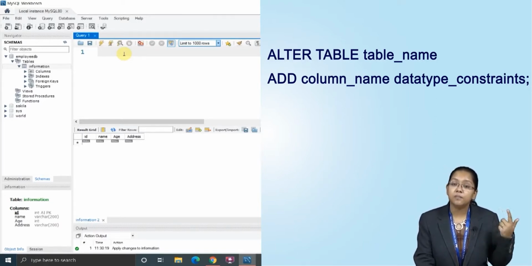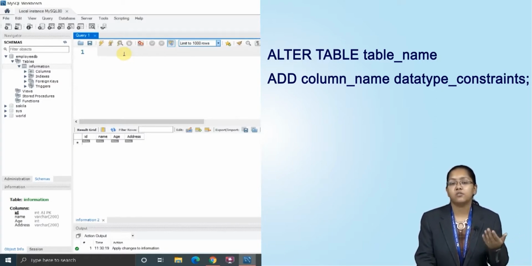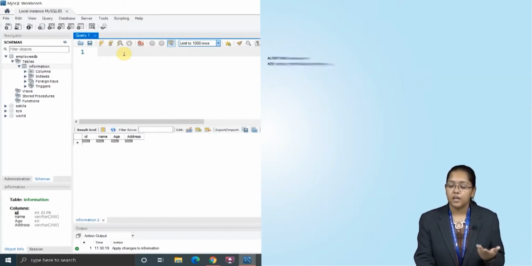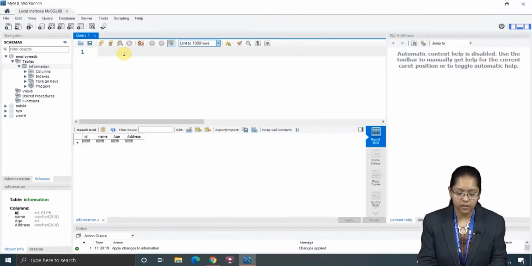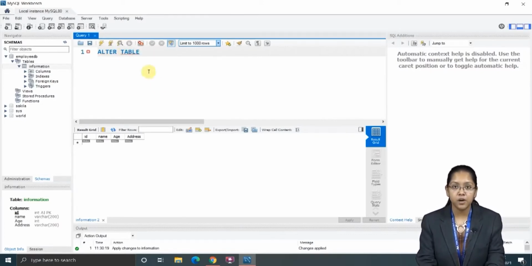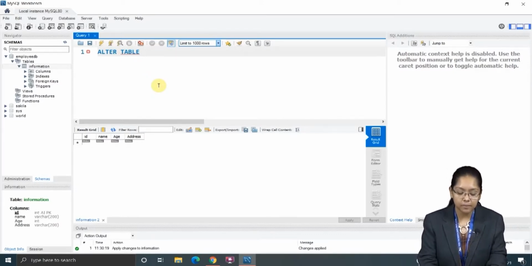And after this, because this is the complete statement, and after a complete statement what will it require? Semicolon. So this is the complete syntax of your alter table. Now let's see this. Here I will write ALTER, alter, then TABLE. Table means what? Complete table spelling, that is TABLE, table.